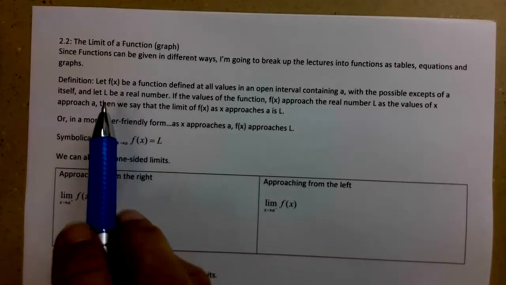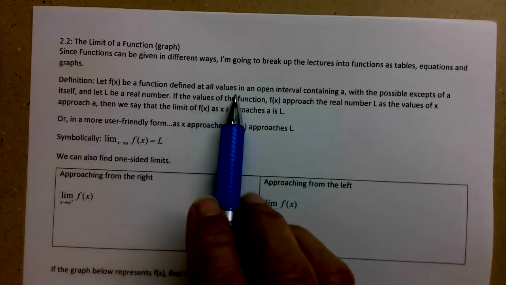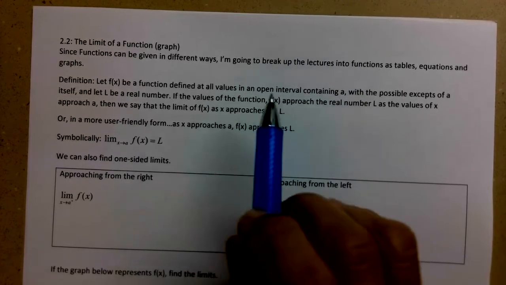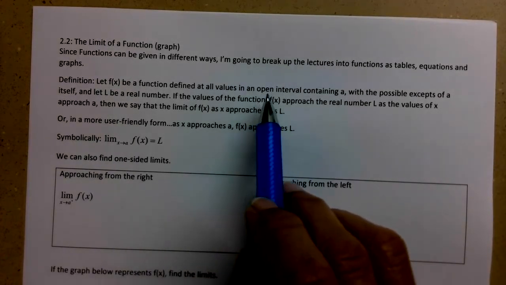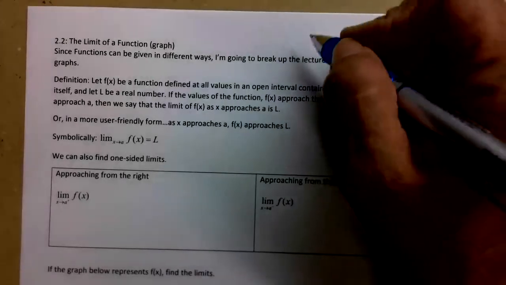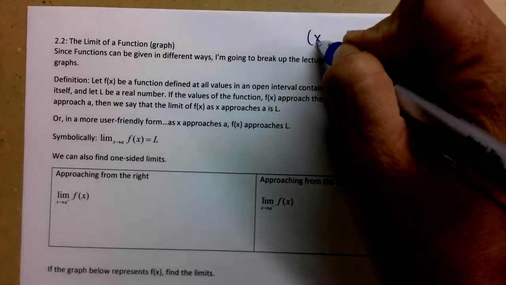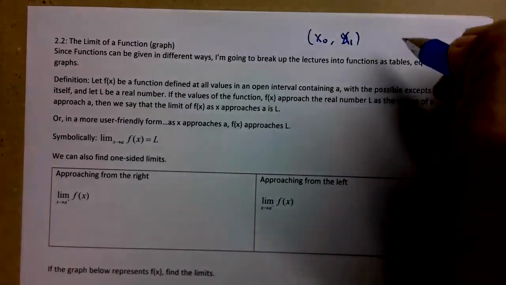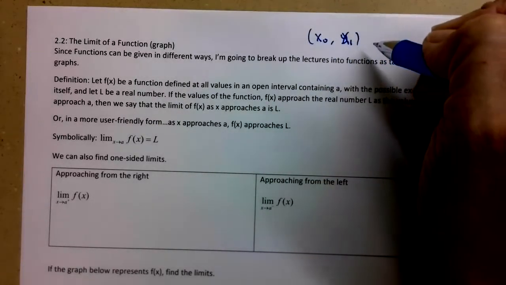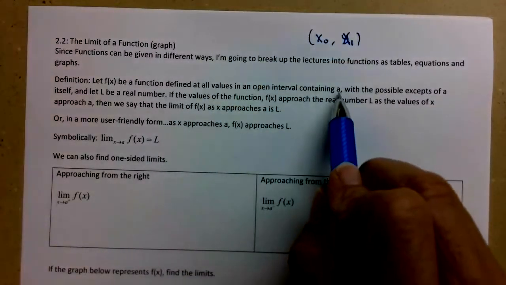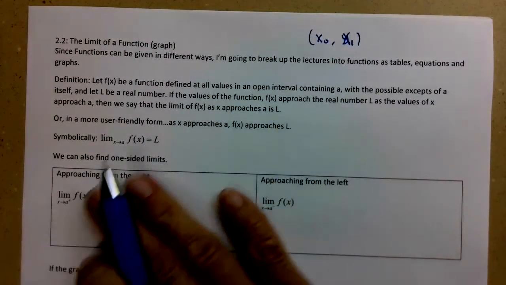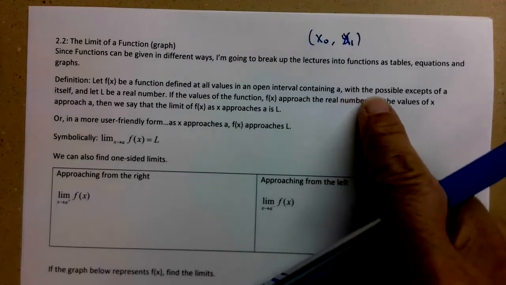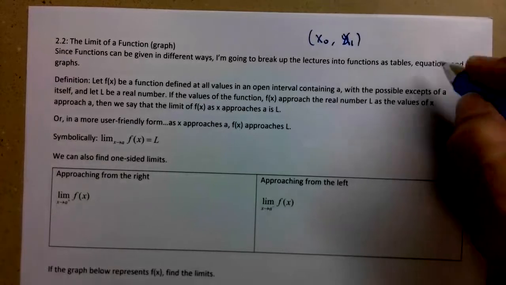So let f of x be a function defined at all values in an open interval containing a. So let me go ahead and define that for you. So open interval, right? So between some x of 0 and x of 1, right? Parentheses make it open, so not necessarily including. And then a is another x value. So f of x is defined on this chunk of x values, with a possible exception